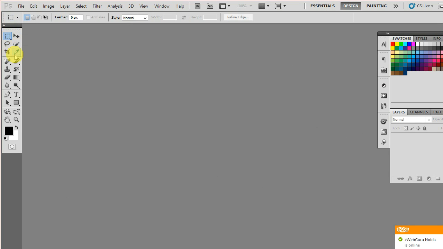First, these tools are for selection and cropping. With these tools you can select an object, or you can crop the image to the size you want. Under this line you can find more tools. These are all related to colors and brushes. After this you can find four tools related to text, pen, and basic shapes like rectangle, triangle, and other types of things.